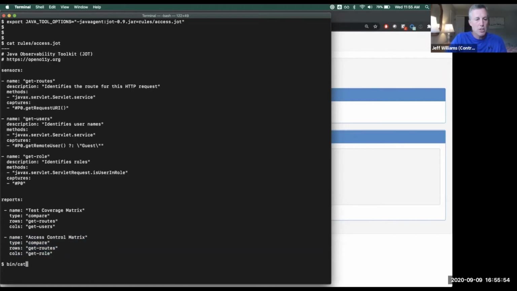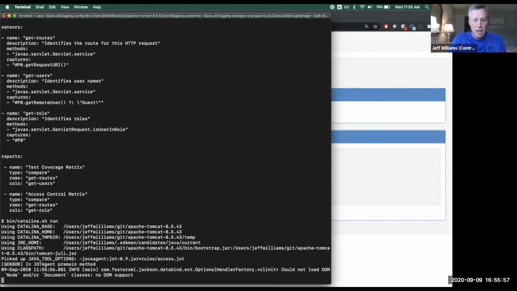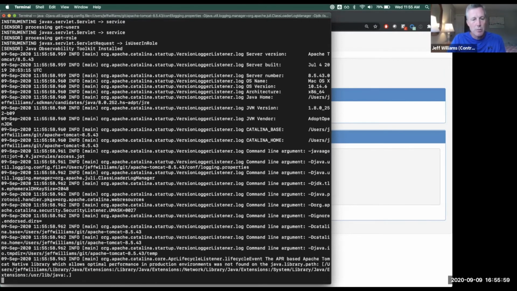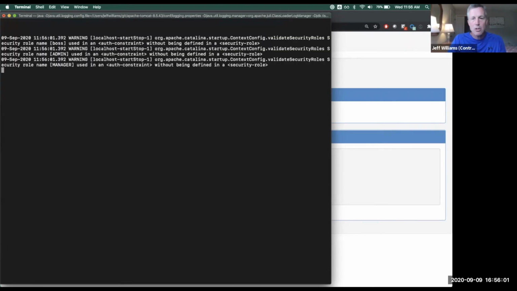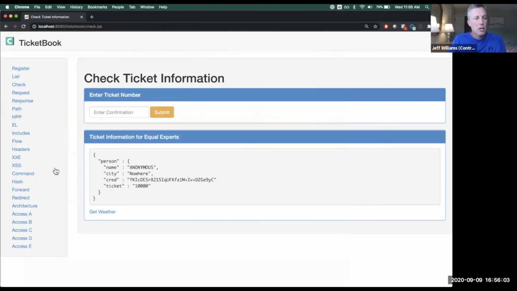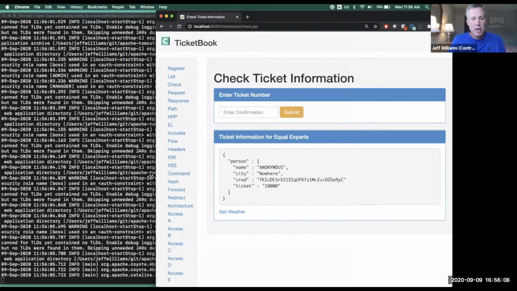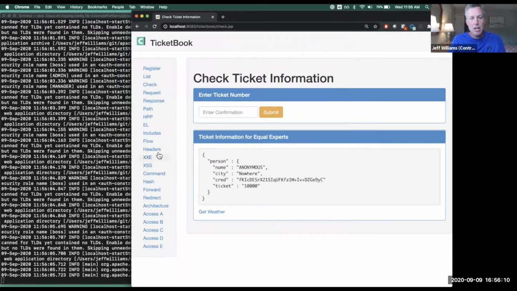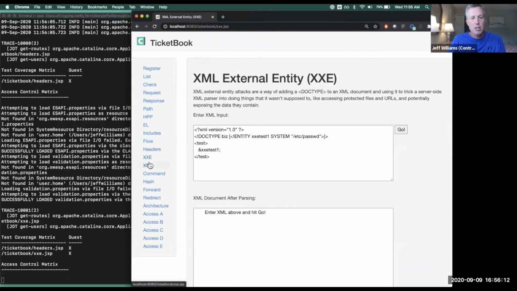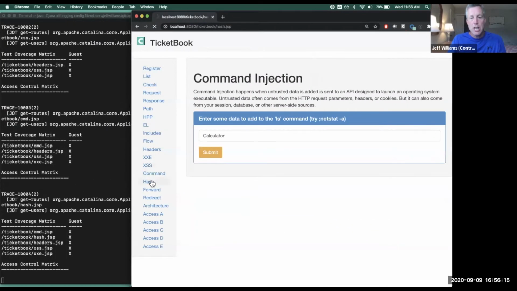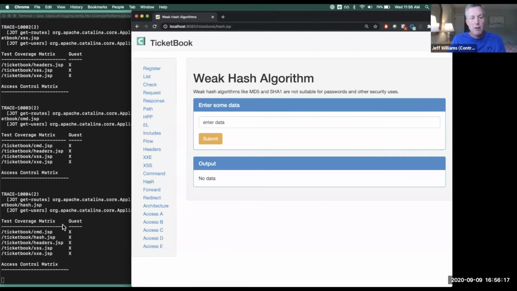So I'm just going to run this the normal way, and we'll instrument the app. And then we'll just go use the application normally. Here, I'm going to pull this over so you can see how this works. As we're browsing this application, we're going to be gathering this data. Just when I click on pages here, those sensors that we inserted with that jot, they're firing. And they're saying, hey, we're capturing a bunch of routes in the application, and we're building this test coverage matrix, because I'm still just logged in as guest.